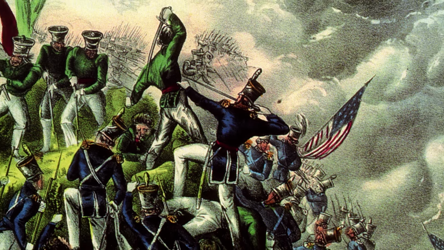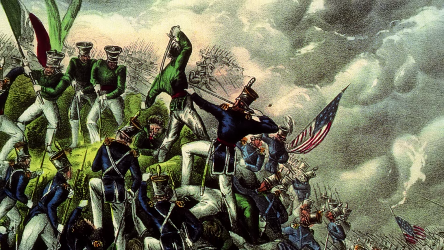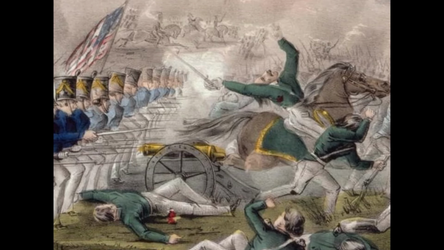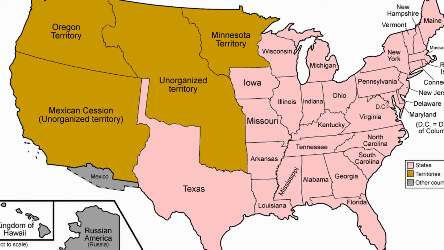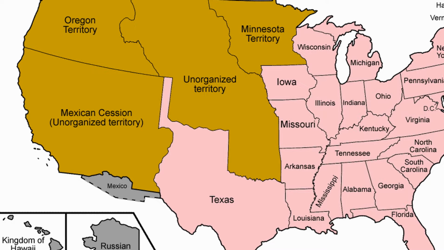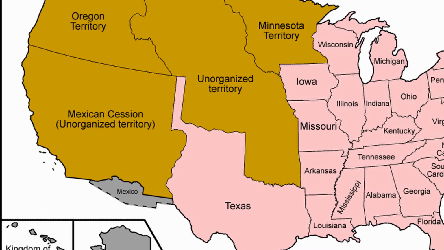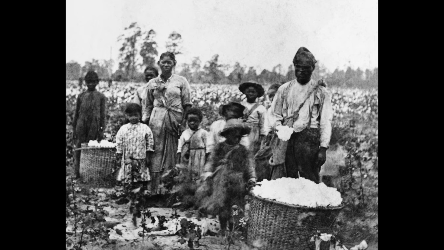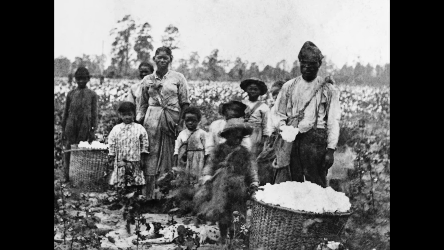After Mexico's 1848 defeat in the Mexican-American War, Mexico gave up about a third of its territory, including nearly all of present-day California, Utah, Nevada, Arizona, and New Mexico. The additions ignited a national debate on the issue of whether or not slavery would be permitted in each new